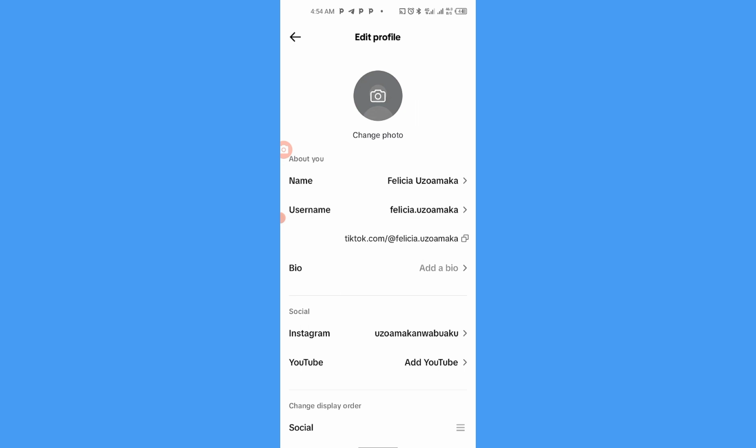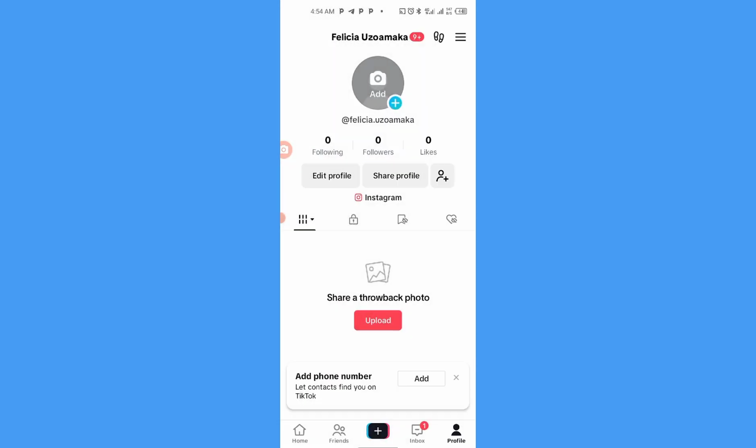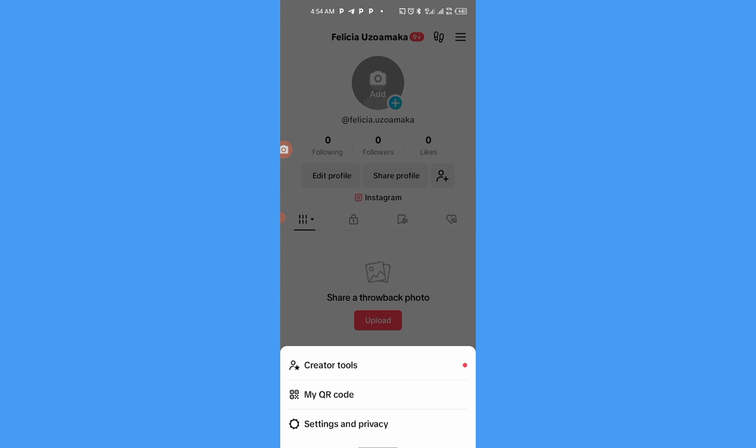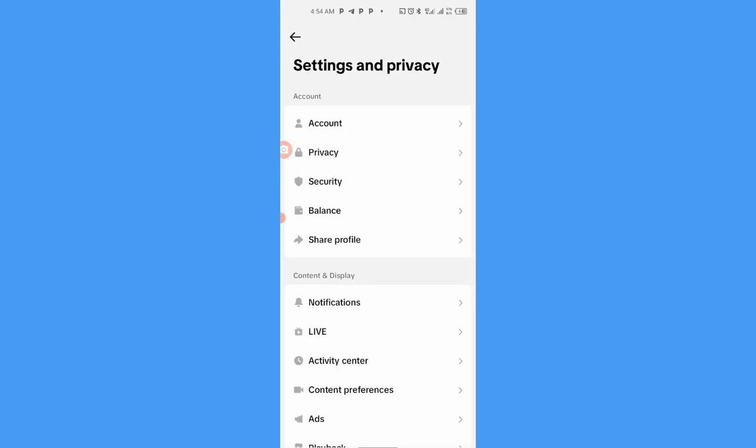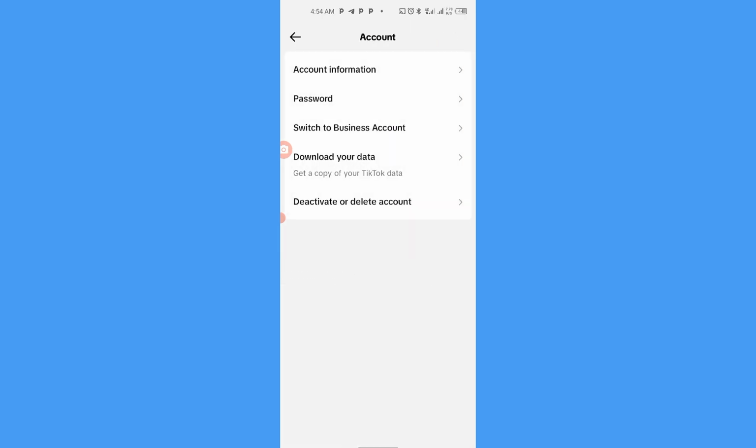tap on that arrow there to go back, then tap on the three dots at the right corner of the screen, the three horizontal dots there. Tap on settings and privacy, tap on accounts, switch to business accounts,